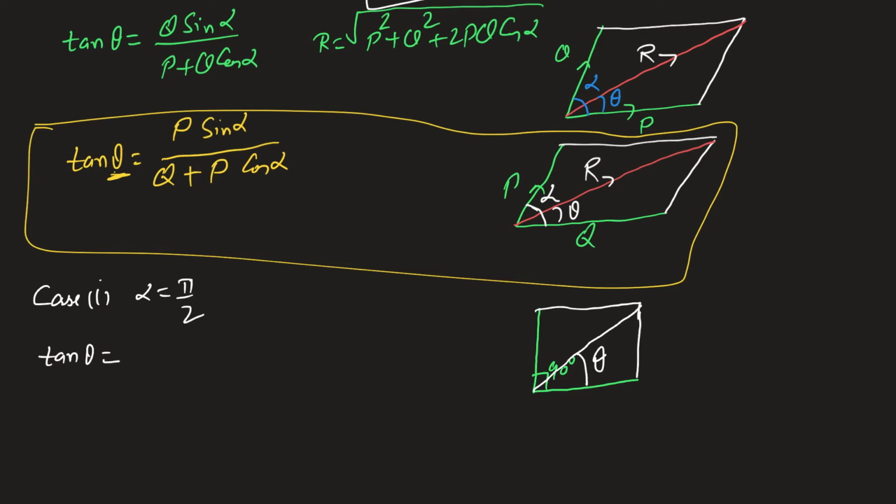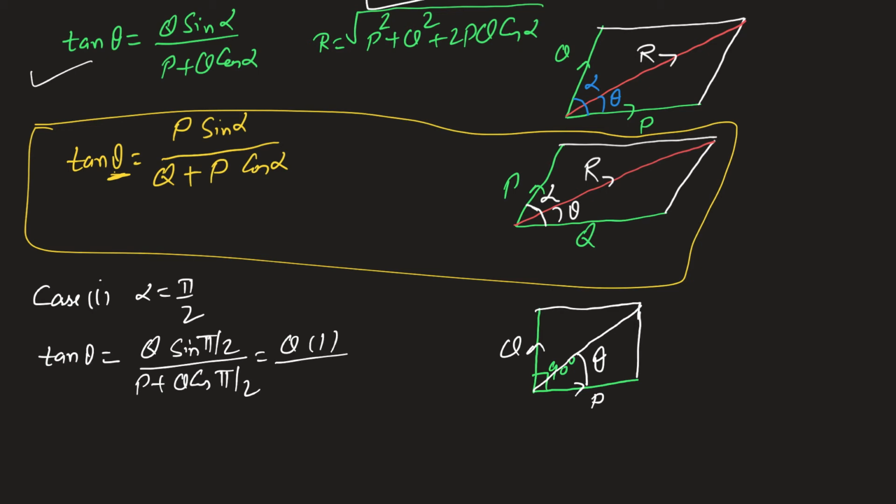so say this force is P, this force is Q. So, we will be using this formula, this is Q sin pi by 2 over P plus Q cos pi by 2. Q sin pi by 2 is 1, Q cos pi by 2 is 0. So, this will be Q by P, implies in this case tan theta will be Q by P,